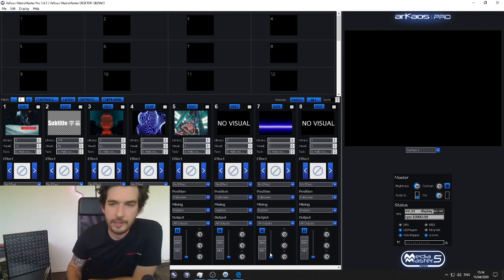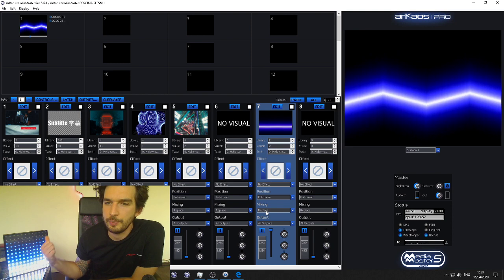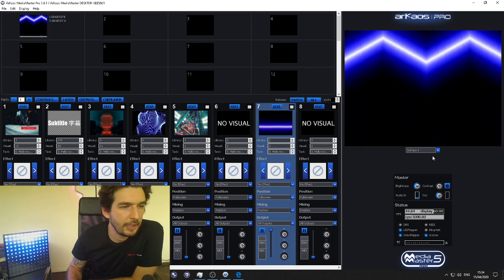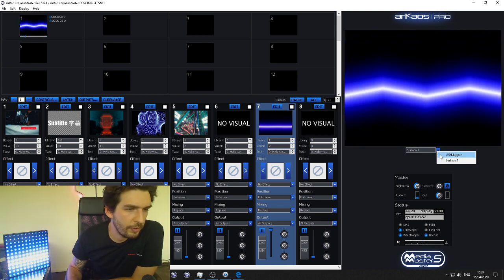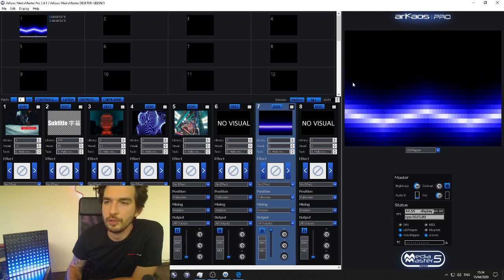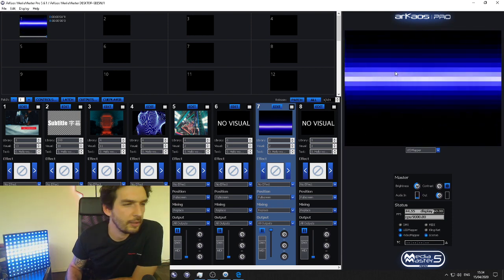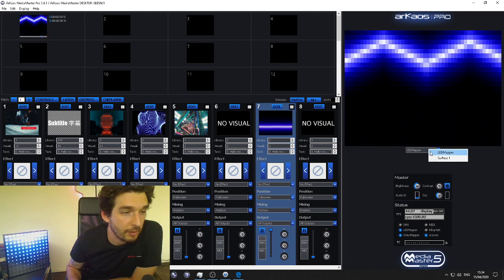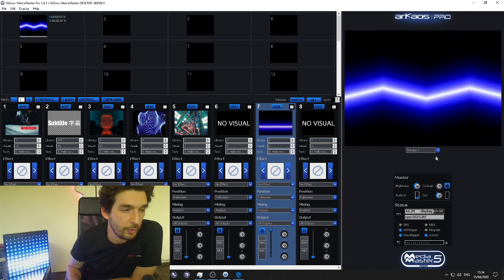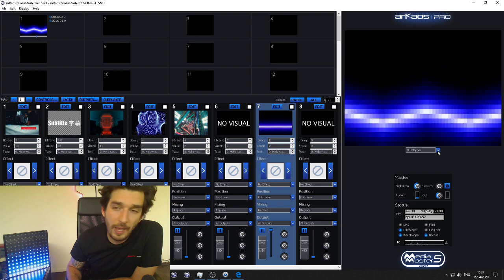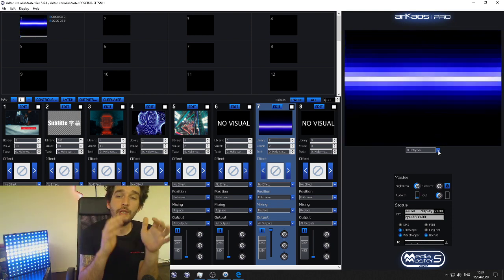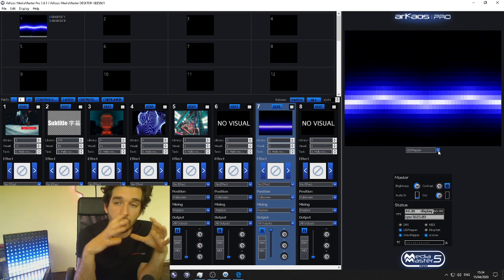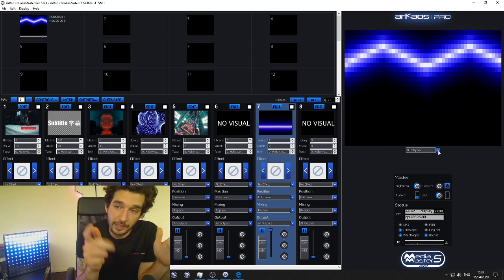That visual right here, fader up, and it's playing there. If I go to my master preview, we can see that I'm sending a visual to my LED mapper output. You can see that the output gets very pixelated when I toggle from surface 1 to LED mapper. That's because we re-render the output pixel perfect to your canvas size.